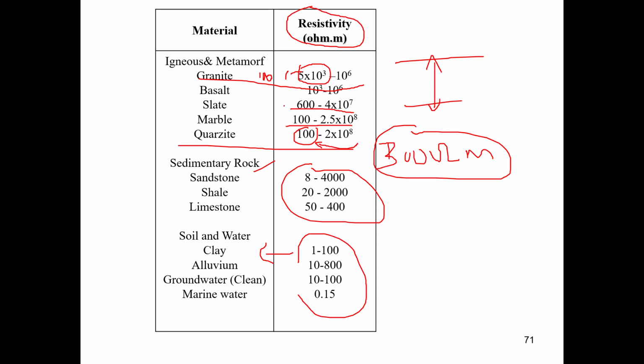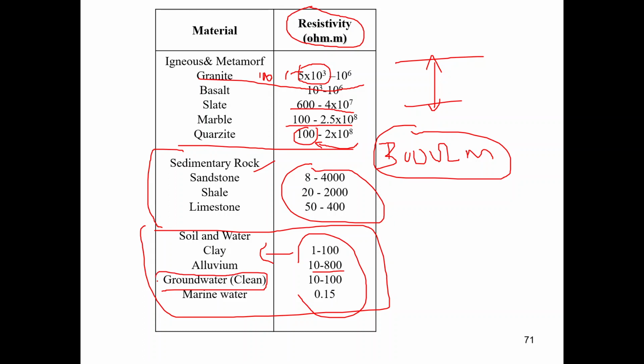Sometimes the information here is just brief, because we have overlapping values. For example, clay here we have 1 to 100. Just imagine, it depends on the moisture content. Here it is 10 to 800. So it definitely depends on the type of mineral and the moisture content. In terms of moisture content, we have a certain water content. They have iron content, the dissolved iron, and total dissolved solids. Some groundwater has high total dissolved solids, some low, which then influences the resistivity value of the